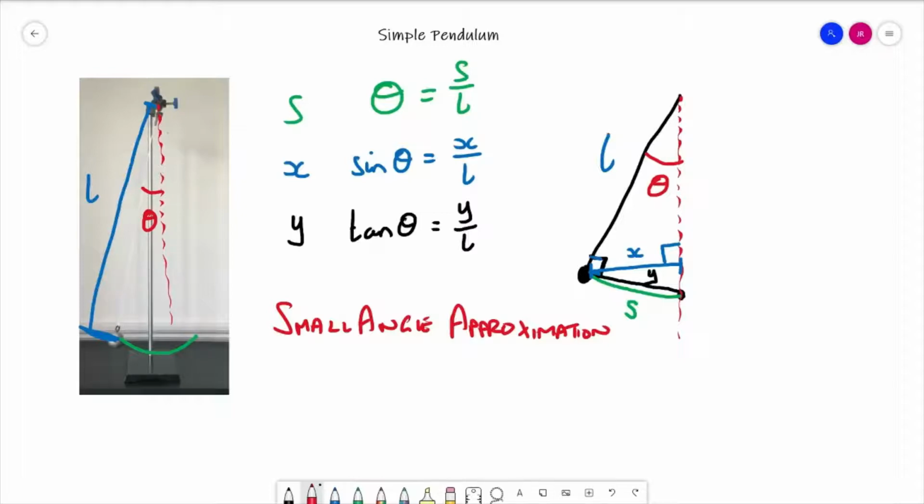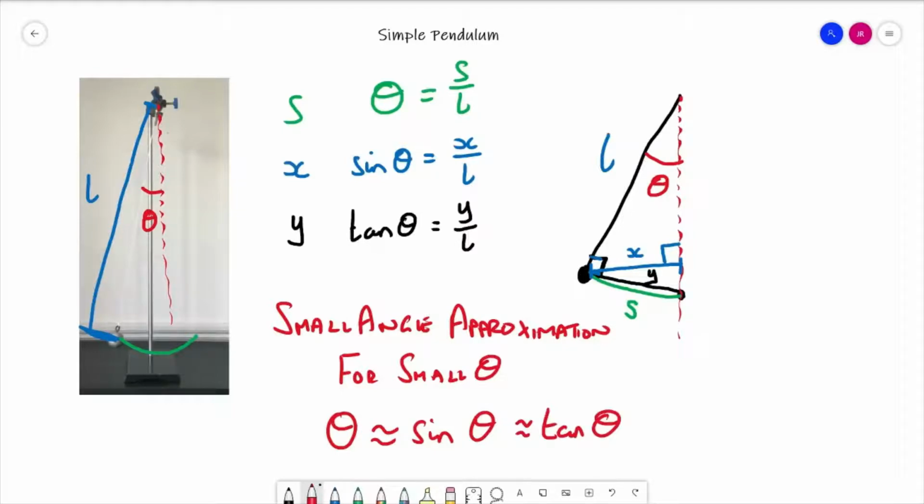Now, what the small angle approximation says is that for small angles, for small theta, theta and sine theta and tan theta all become approximately equal to each other. Now, what do we mean by a small angle? Really, we're looking for an angle less than 0.2 radians. Now, 0.2 radians is approximately 11 degrees. So really, as a rule of thumb, we're trying to keep theta less than 10 degrees in order for that